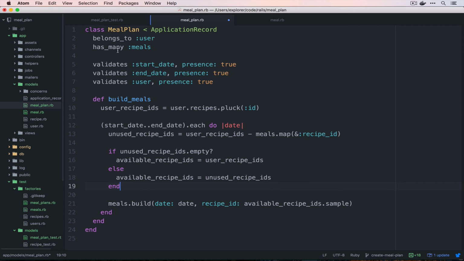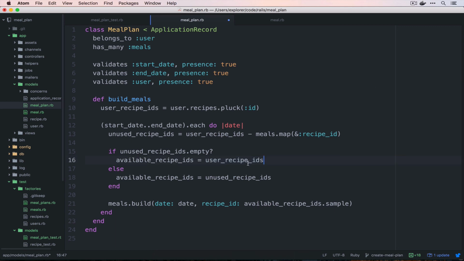I can admit that this isn't great, because what this means is after you go through 7, then every day after that, you have the potential of getting the same meal. Because we're going to use user recipe IDs after 7 days in this case, or after the number of recipes that you own, it'll always pull from the full list. And that means that since we're not popping off things that we're duplicating, we could run into a situation where after 7 days, days 8, 9, 10, 11, 12, all use a recipe with the ID of 50, say, and they would all be duplicates, and that would be a problem. But